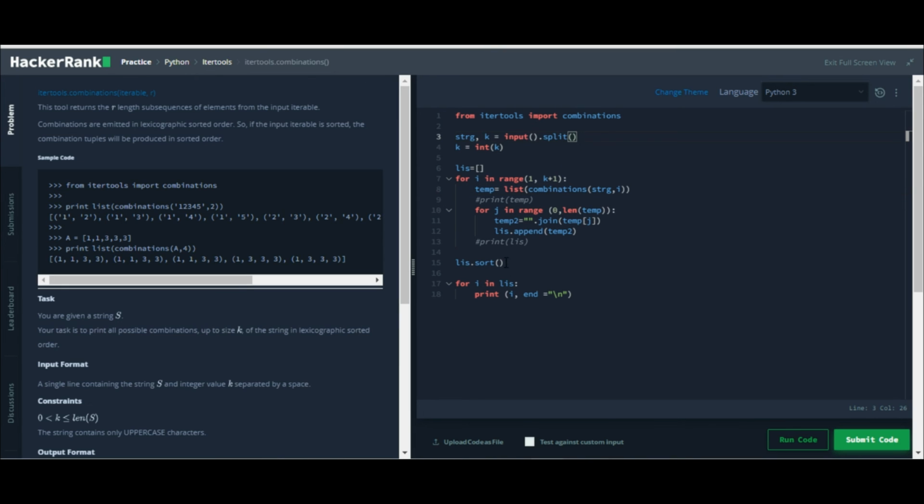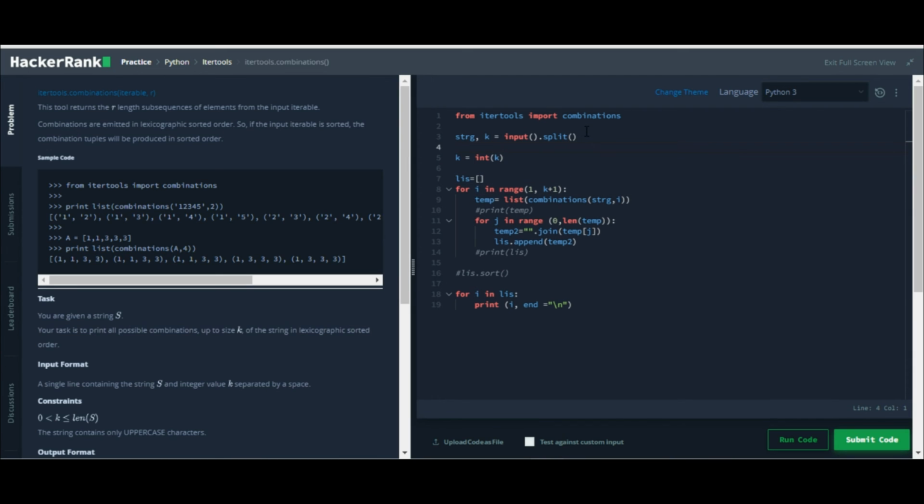So I'll remove this. See this line, this line is so important here. So I'll take the string and convert it into list form. So list of strg.